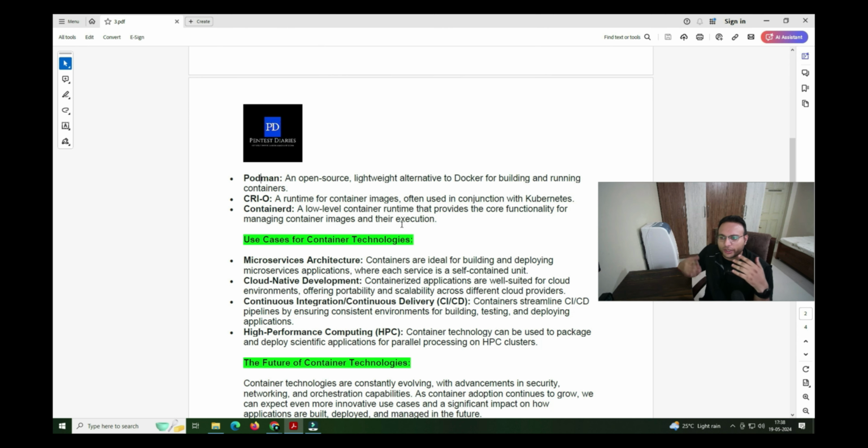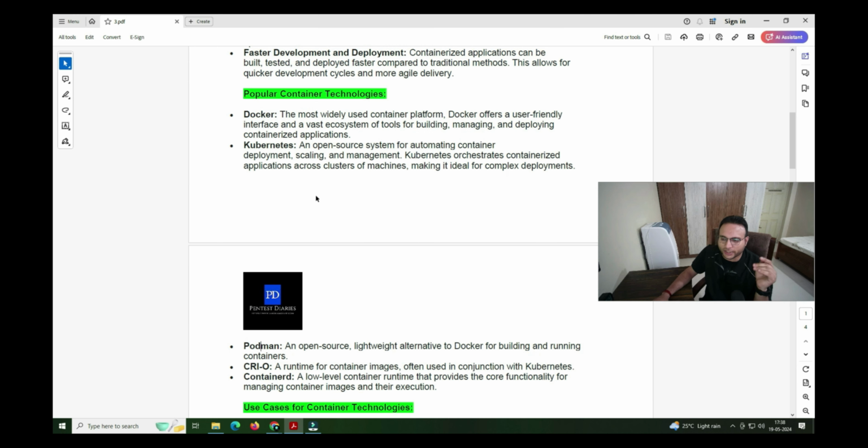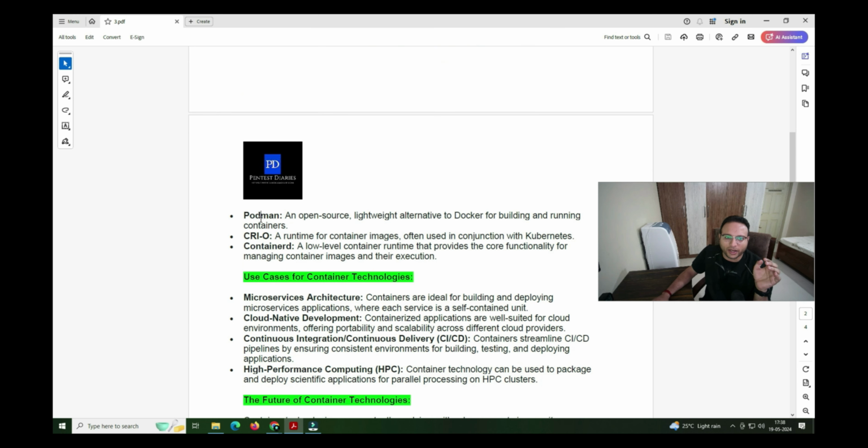If you're quite interested to learn more about Kubernetes, Docker, and the others I'm covering, other than Podman, CRI-O and containerd, then in that case you have to go to their documentation and read about what the things are and how they differ. This is just a one-liner. I'm not able to cover each and everything. If I try to cover everything in one video, it's difficult for you to understand. That was the reason behind it.